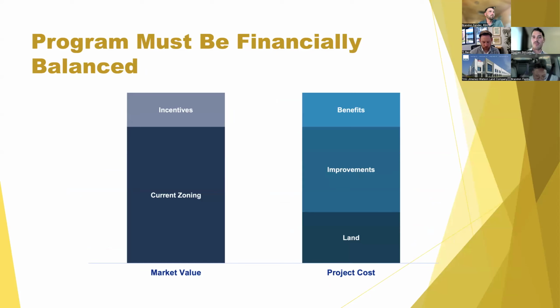I mentioned that this is a form of value capture. So it's very important with the community benefits program, in order for the program to be successful and for developers to take advantage of it and provide those benefits that the city is interested in, there needs to be sufficient value in the zoning deviations. And so we'll be looking at that carefully within each of the zoning classifications to make sure that there is sufficient incentive to cover the cost of the benefit that's being asked for. And so we'll be doing a feasibility analysis in order to determine that.